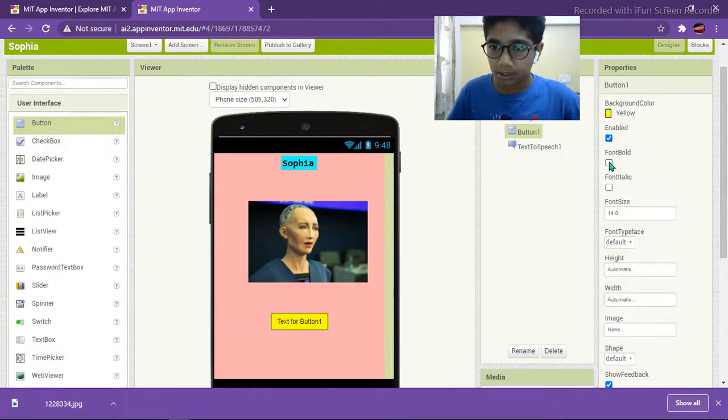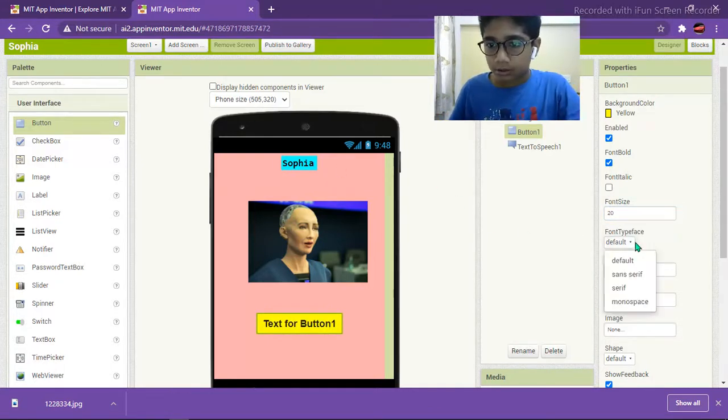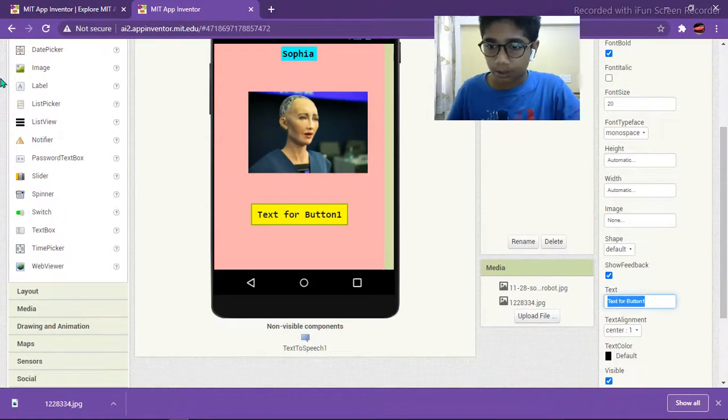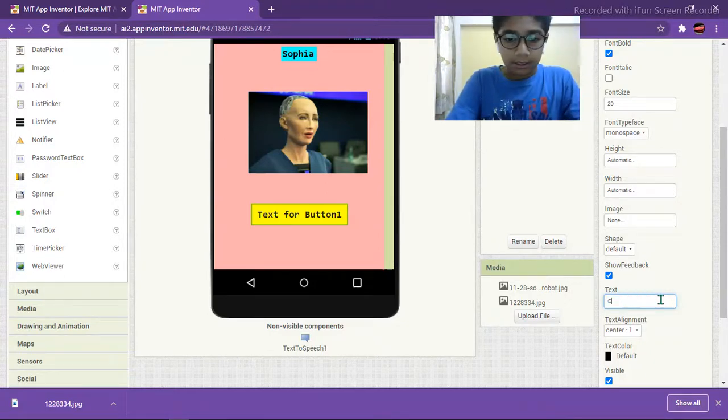any color, and font bold, size 20, and font type anything you want, and button. So what this button does, whenever we click on this button, we will be able to hear something like by Sophia. So I can write a text in the button like